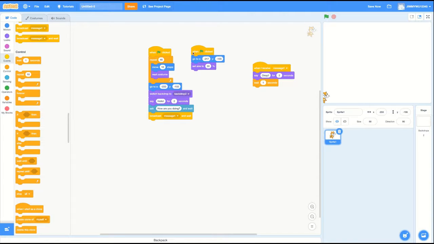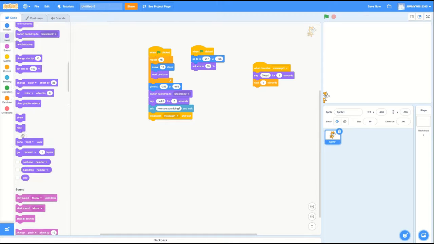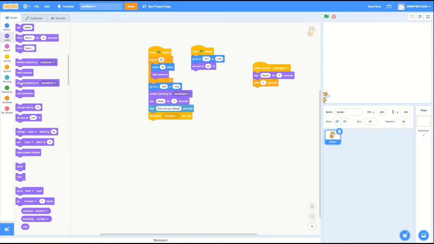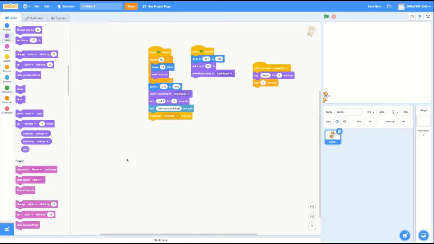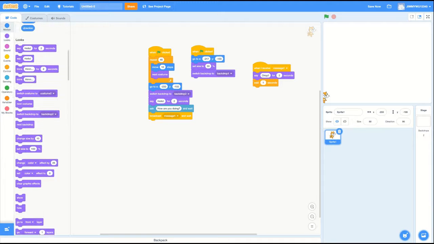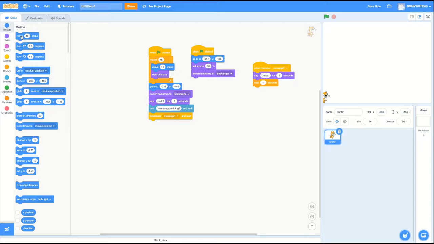Oh, and also, you have to go here, and then set, when the green flag clicked, you have to go to, switch to backdrop 1, because that's where you were. Okay, so after you've done this, let's go back onto this code. This code does, okay, so what you're gonna put here is wait 1 second, move 10 steps,